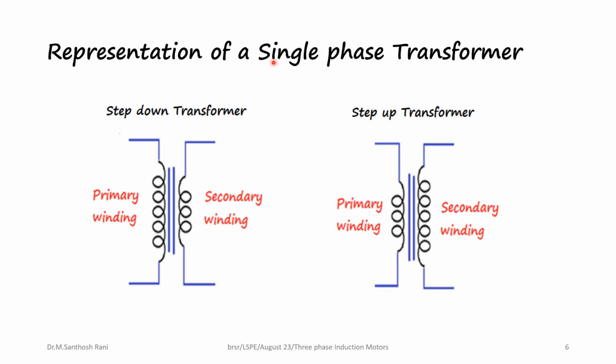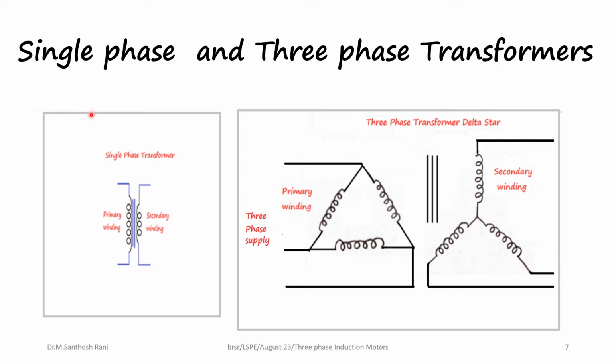The representation of a single phase transformer is shown here. The primary winding has more number of turns than the secondary winding if it is a step down transformer. If it is a step up transformer, the primary winding has fewer turns in comparison with the secondary winding. So if in a single phase transformer we have a primary winding and a secondary winding, in three-phase transformers